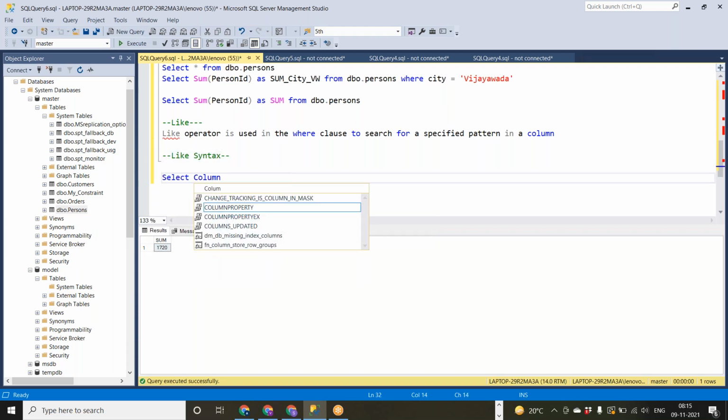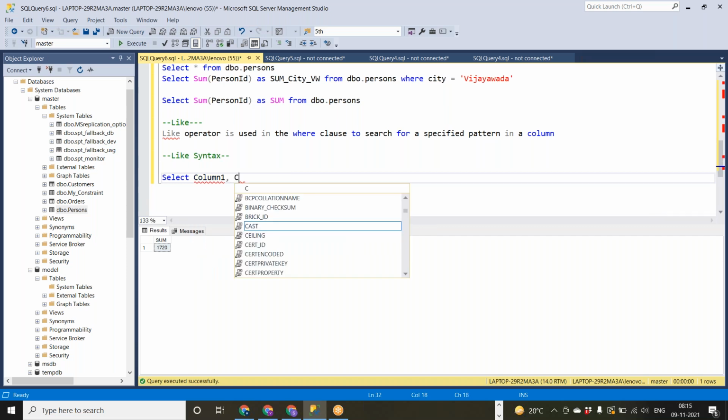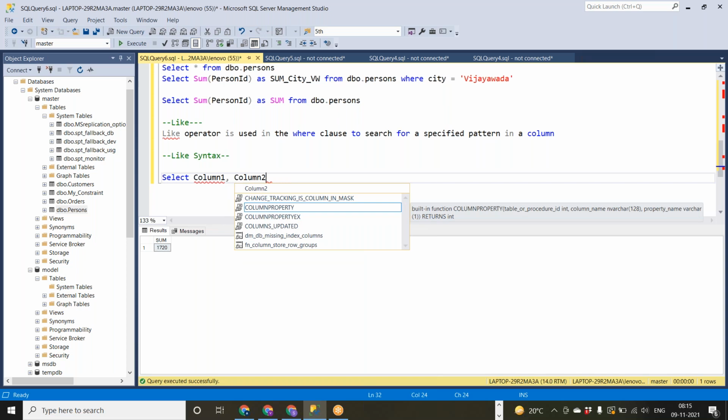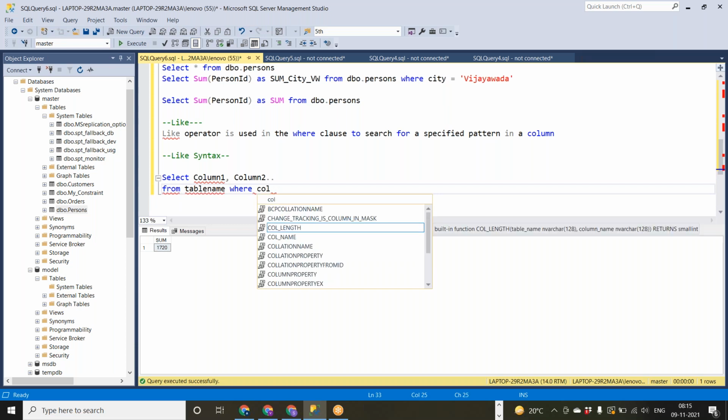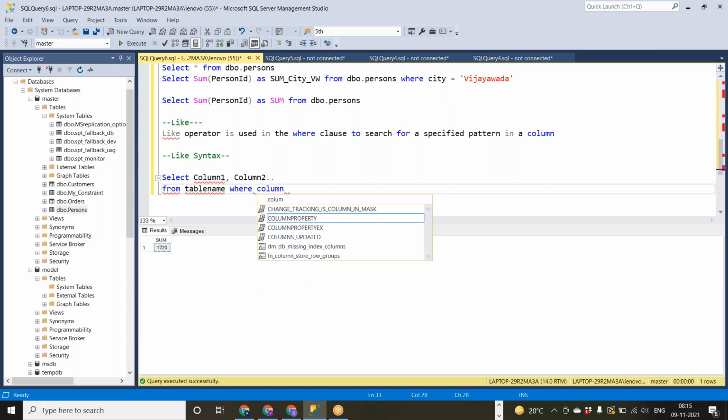Select columns, or you can select all columns by giving star, where you need to specify the condition. Suppose you don't know exactly what the condition is.